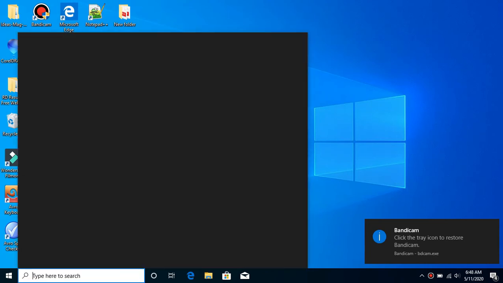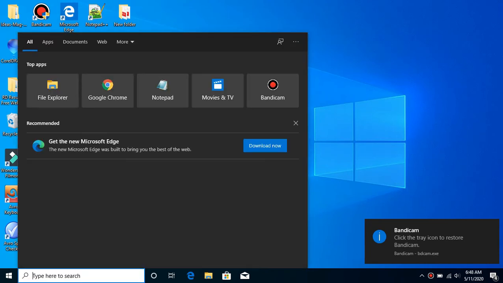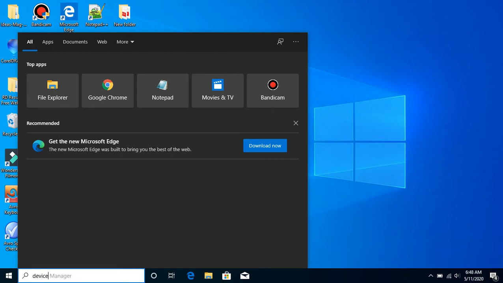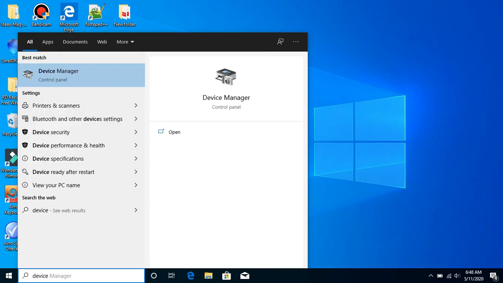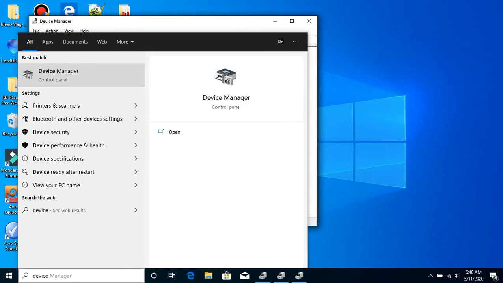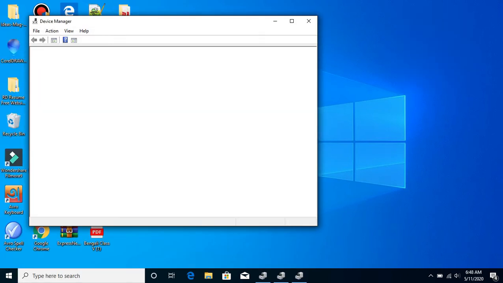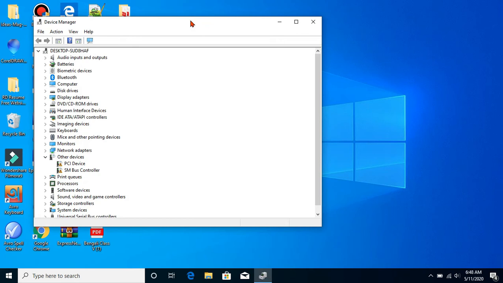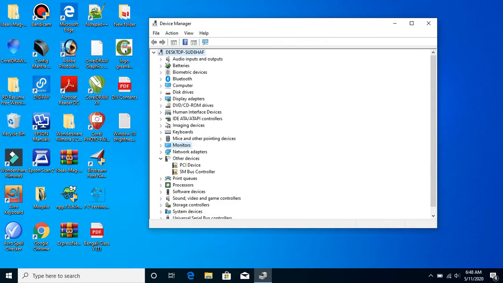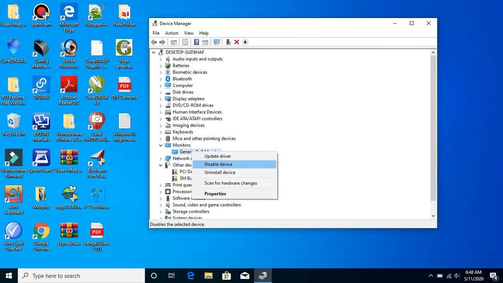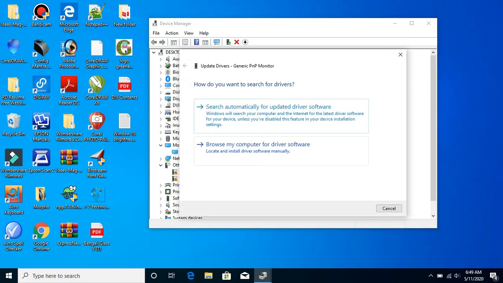First of all, go to the search bar and search Device Manager, and open it. After opening, when you see the Device Manager, go to the monitor option and expand the monitor, and you will see generic PnP monitor. Now we need to update the generic PnP monitor software,